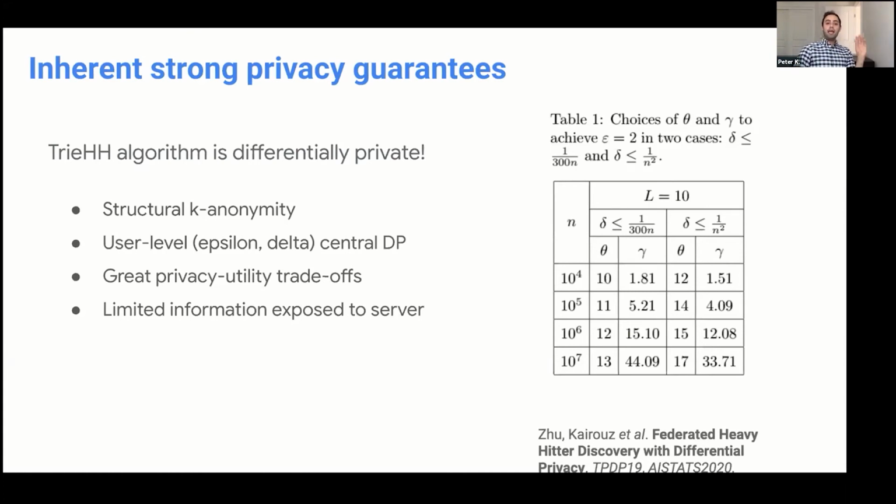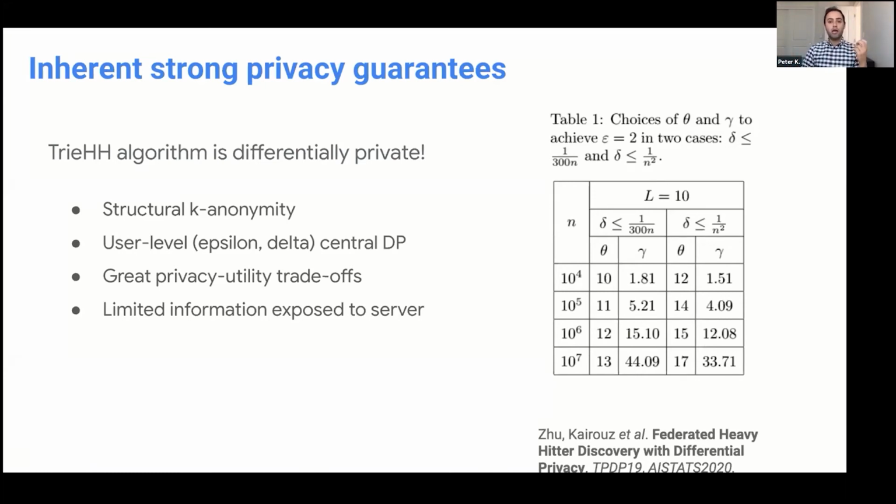At the end of the day, any string that we discover, any word that we discover, is going to appear at least theta times in the population. In fact, it's much stronger than that. It turns out that, with a lot of theory, it was a little difficult, but we were able to prove that this algorithm end-to-end achieves differential privacy. Now, differential privacy may not be a concept that is popular to everybody in this room. So all I'm going to say is that it's the gold standard of privacy these days, and it's a very mathematically elegant way to rigorously quantify information leakage. And hopefully, a lot of us have seen it in the past.